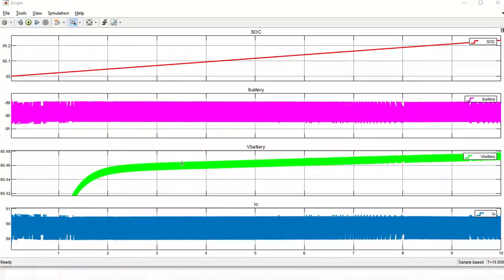Okay, it will increase very slowly. So you can see it that it is increasing, increasing, increasing and increasing, but my current is constant. So this is the thing we have learned in the theory, that in constant current mode battery current is constant and my battery voltage is gradually increasing, okay, and we have seen it in the waveform, right? So this is about the result, and the same MATLAB simulation you can try on your own